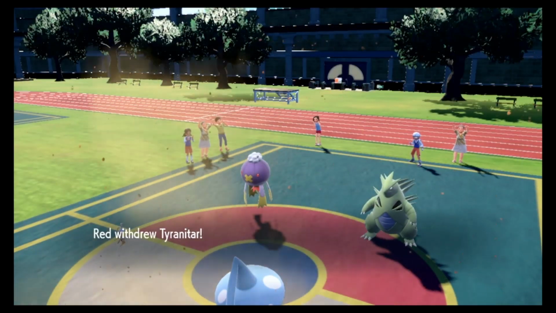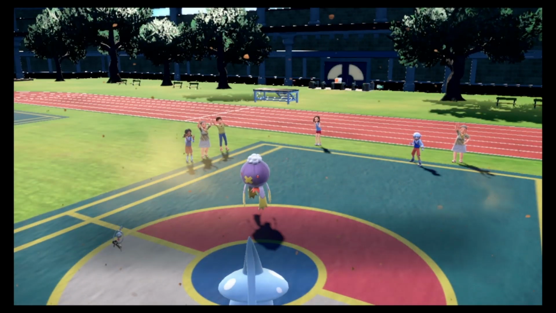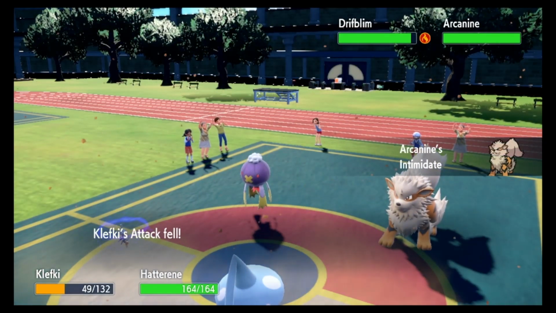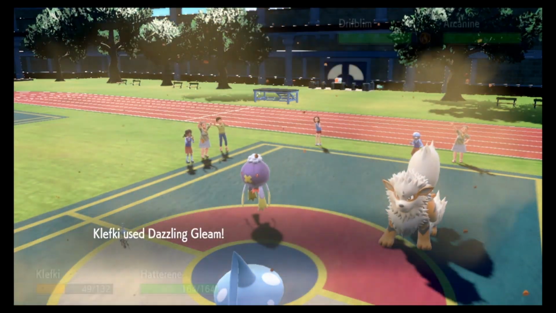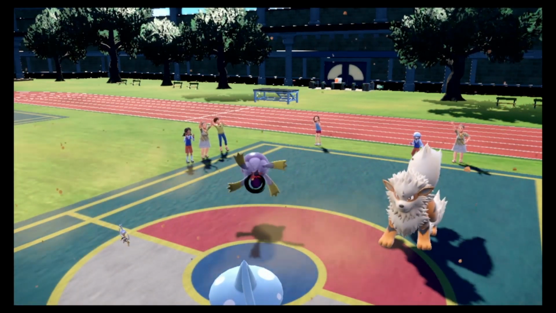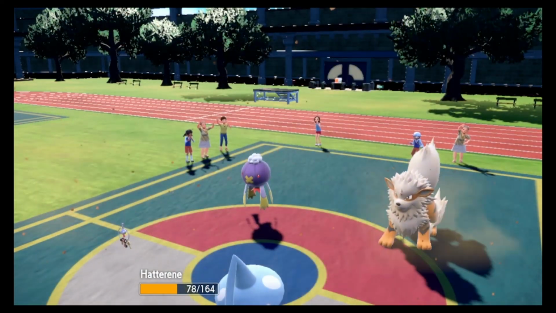The sand being up actually isn't a horrible thing, because we can put Torkoal out to get rid of it. That's a little bit of an issue, though. Intimidate into our physical Hatterene. No! That does, like, next to nothing. Shadow Ball does about half, which kind of sucks, but...